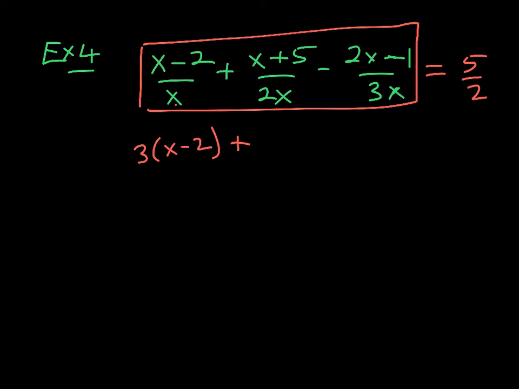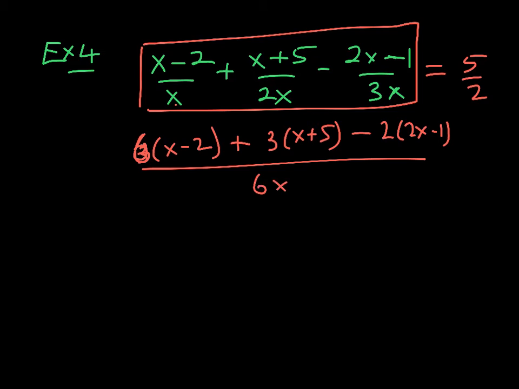So let's use 6x. For 2x to get to 6x, you need 3. So this is going to be 3 into x plus 5. And for this one to get to 6x, 3x, we need to multiply by 2. So that's 2 into 2x minus 1,